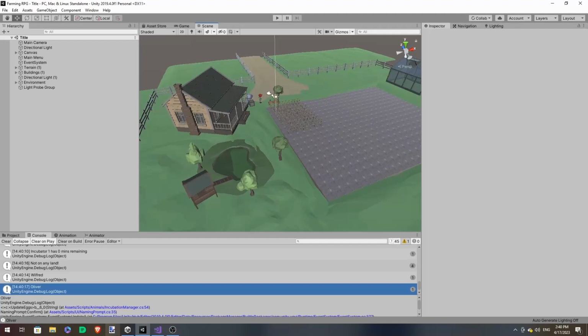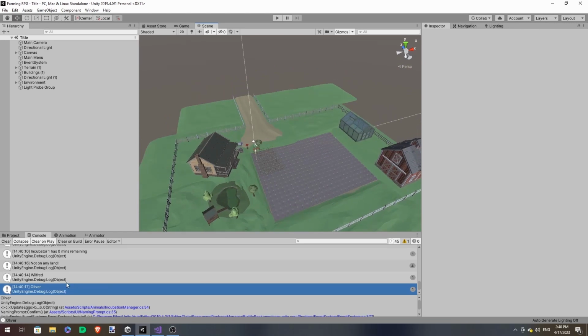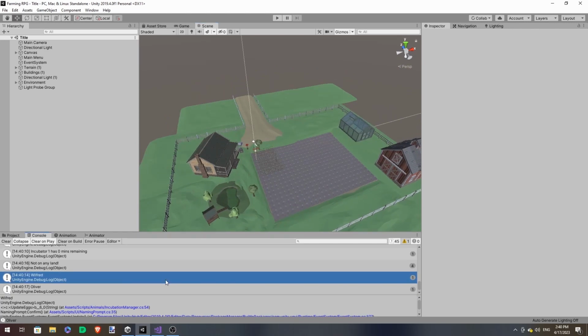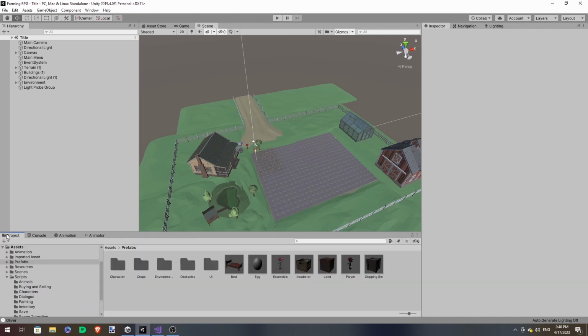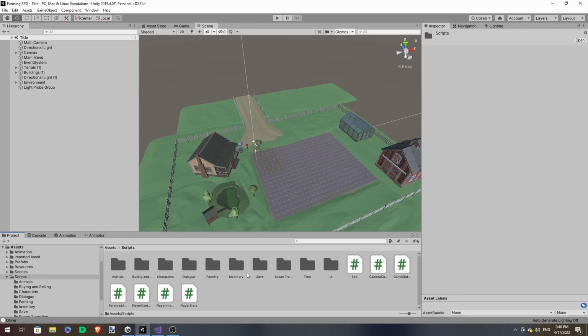That's working as intended. And now that we have our naming prompt working, we should work with actually saving this data over and spawning the animals. So first, we need to work with data. So we'll need a way to store this information of the type of animal we're working with.